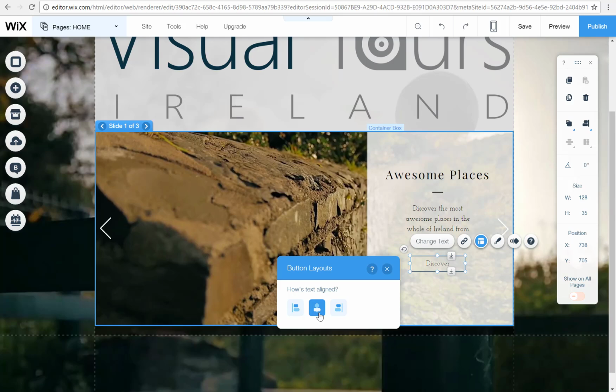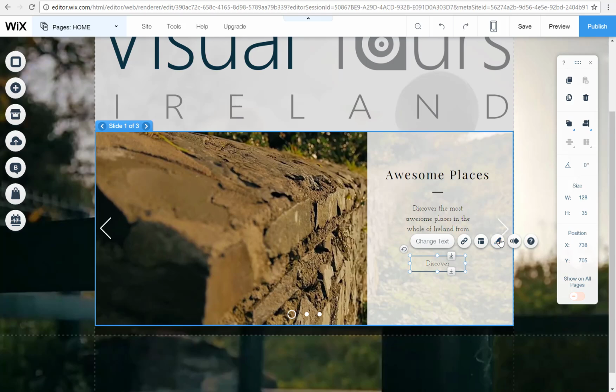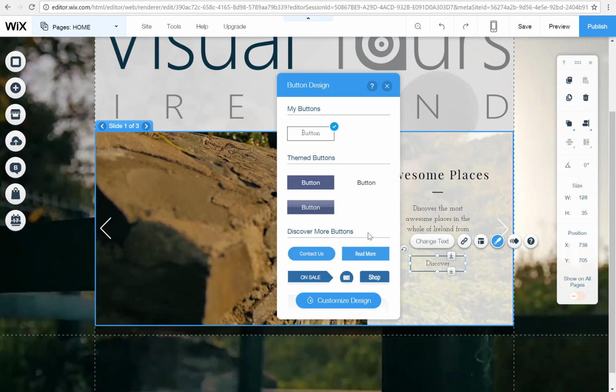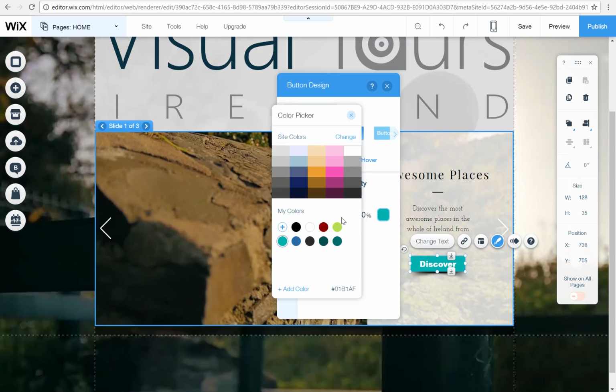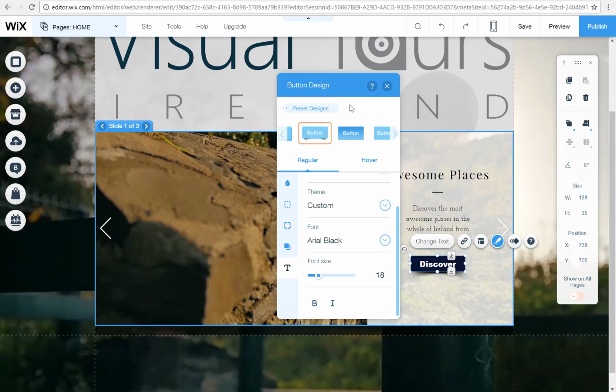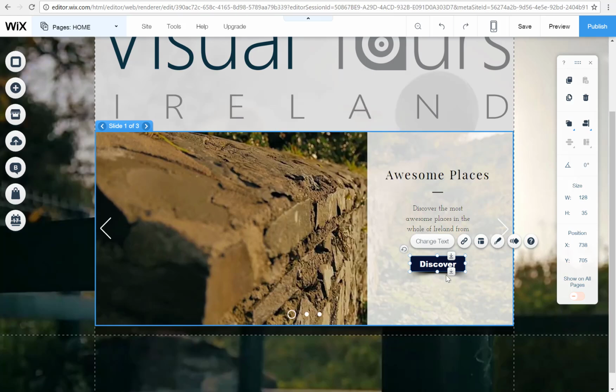Going to have a look at the layout once again. How's text aligned? We're just going to keep it centered, and we're going to have a look at the design. So there's all different types of buttons here. So I've just selected this button, and we're going to change the color. To this, we are going to keep all that the same. The only thing we're going to change